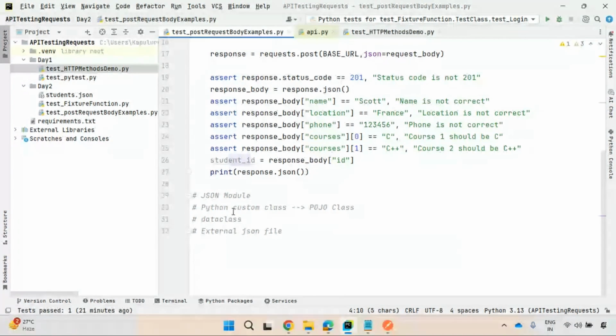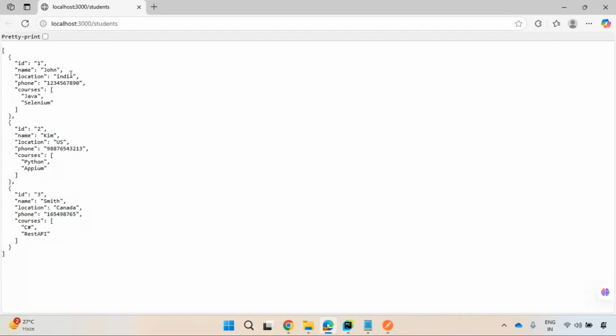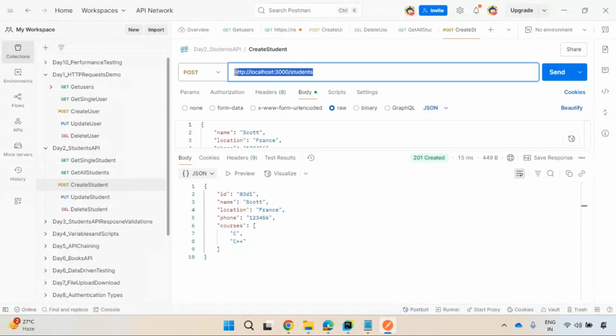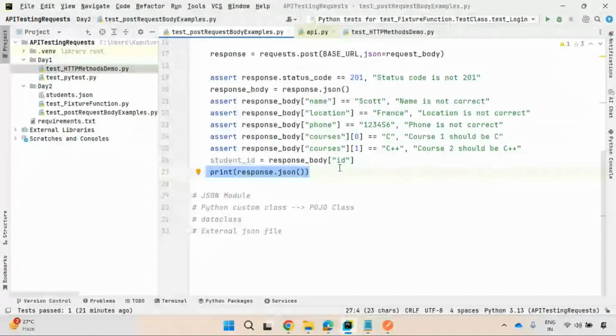At this point of time, I'm not updating anything. We're only seeing how you can create a request with a payload. That's it. And printing the response, right? So you can see I have already opened this. I'm refreshing this. 03 D1 Scott France 1 2 3 4 5 6. This is already created just now by using this POST request in Postman. The same I'll try to simulate